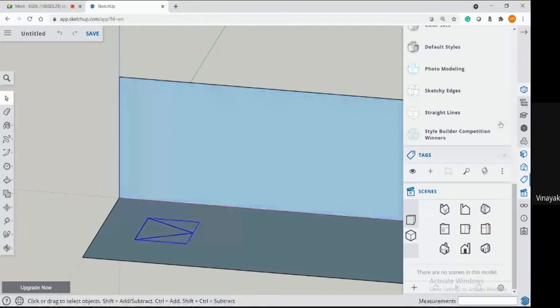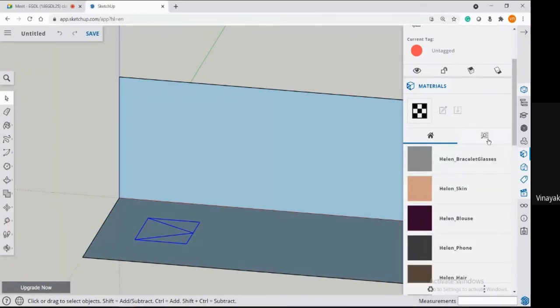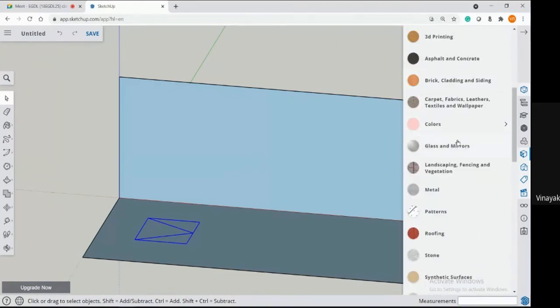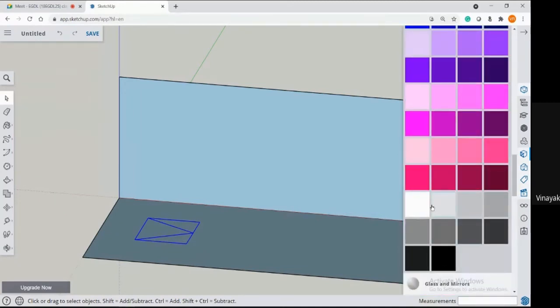And let me change the color here. Let me take this color.